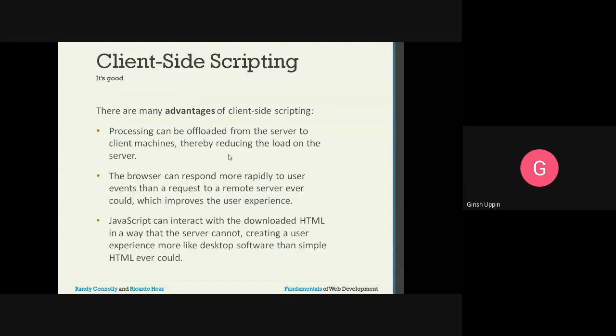So when we are doing the validation on the client side using JavaScript, the processing will happen on the browser and the response will go to the user on the browser itself.